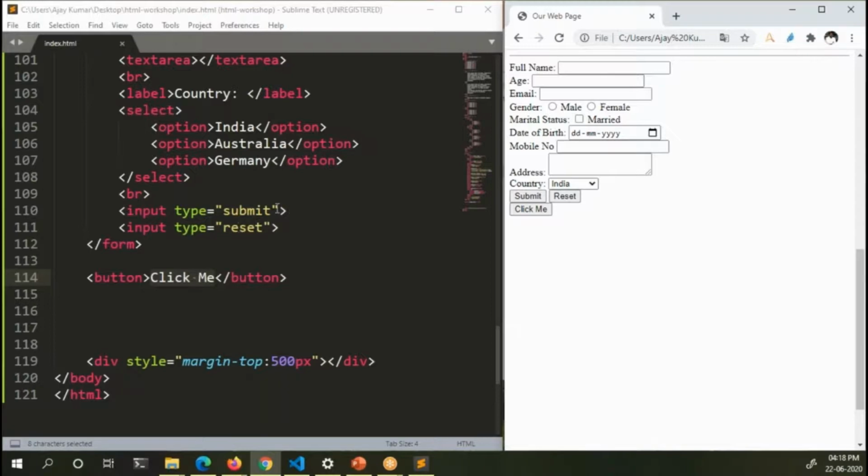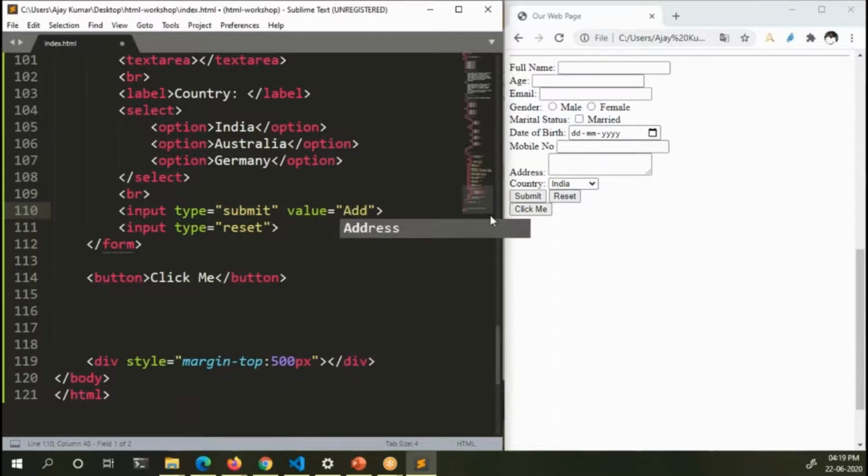Okay. So for the input button submit and reset, we didn't provide any text that needs to be displayed on the button. For example, if you want to display a specific text, you can pass it as the value attribute. Let us say add.